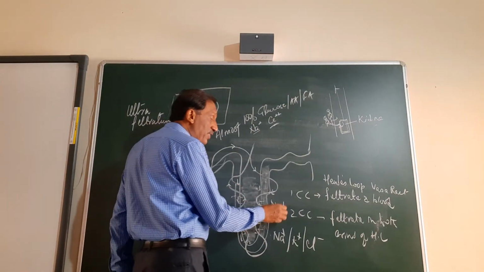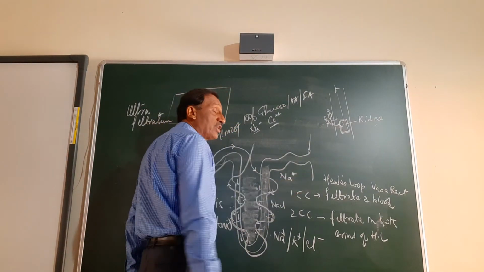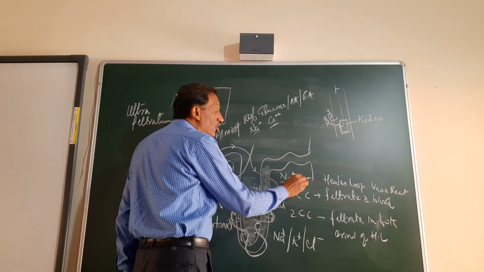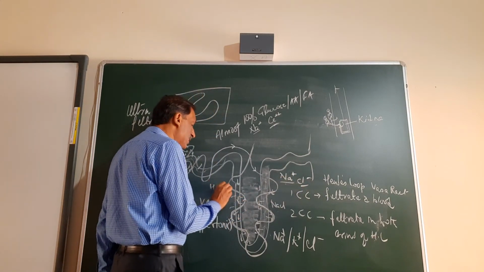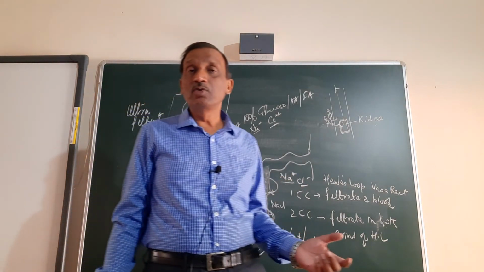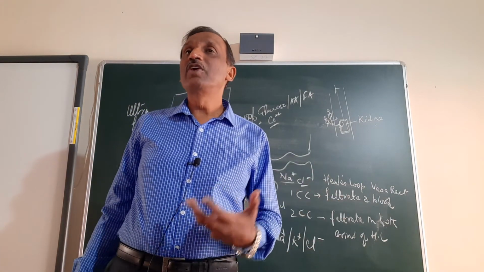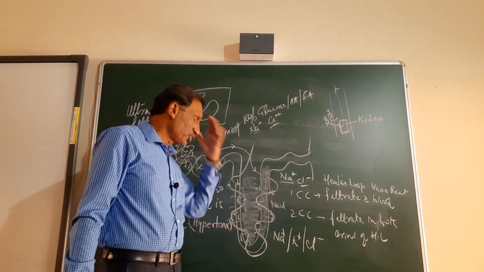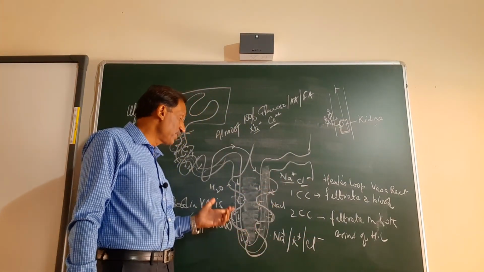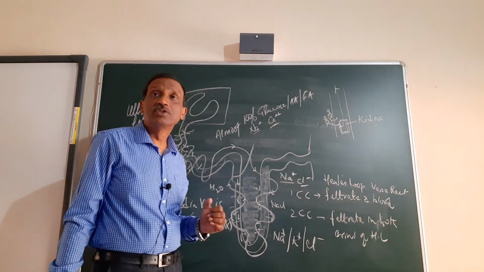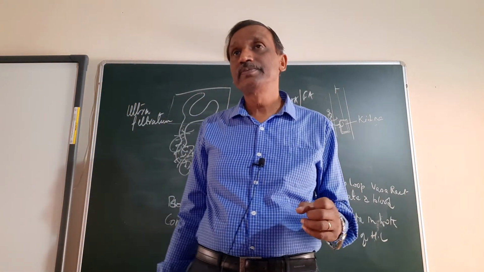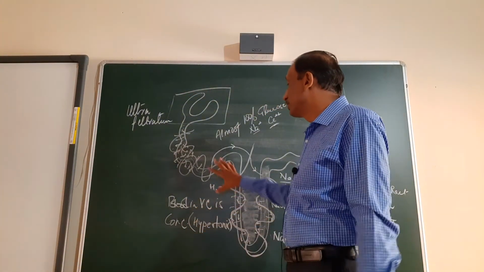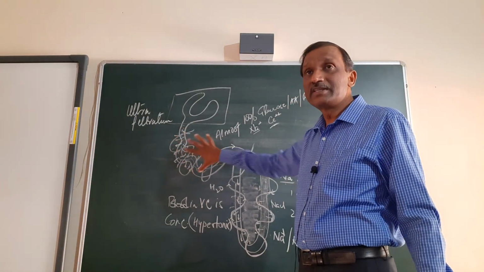You pulled sodium from inside to outside; when sodium is pulled, chloride comes along automatically, and because of sodium and chloride, water comes automatically. Sodium is a positive ion; to balance the ions, water also has to be reabsorbed. When water is reabsorbed, the same sodium and chloride are also reabsorbed, and the same sodium chloride flows here and absorbs water. So, three birds with one stone. This is the system of filtration in the PCT and Henle's loop.